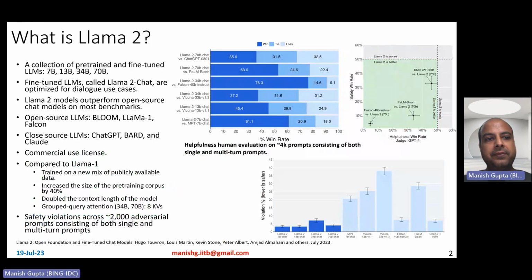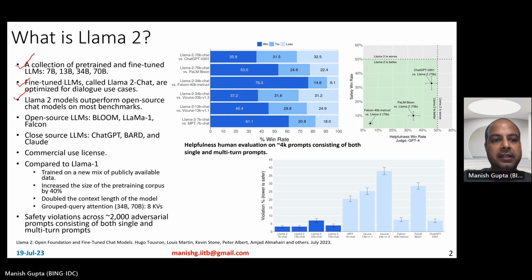Llama 2 is a collection of pre-trained and fine-tuned large language models, 7 billion, 13 billion, 34 billion, and 70 billion in size. It is a follow-up, of course, of Llama 1 from Meta AI. In fact, Meta AI has further fine-tuned these Llama 2 large language models to create Llama 2 chat models, which are optimized for the dialogue modeling use cases. Llama 2 models outperform open source chat models on most benchmarks, as I will talk about in the later part